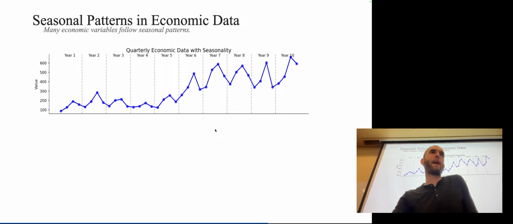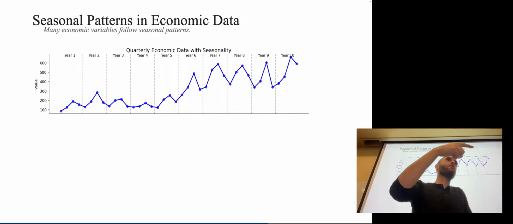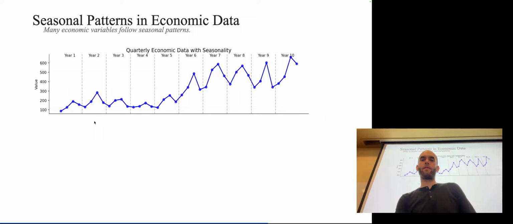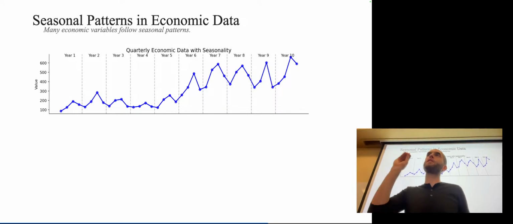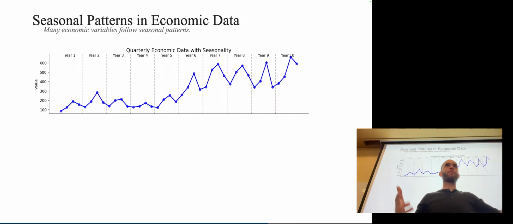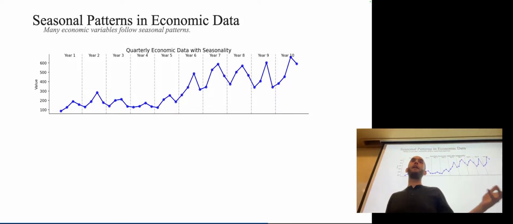This is a consistent pattern, but we might not care about the pattern in seasonality, and we might be interested in just, is there an increase in the data itself without accounting for the pattern, or without being interested in the seasonality itself? Is there some underlying pattern deeper than this seasonality? And what I'm going to show you is we can actually deal with this problem of seasonality using fixed effects